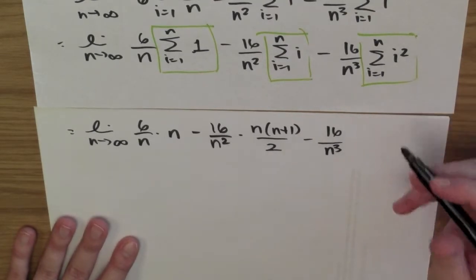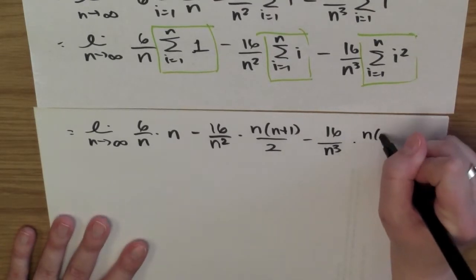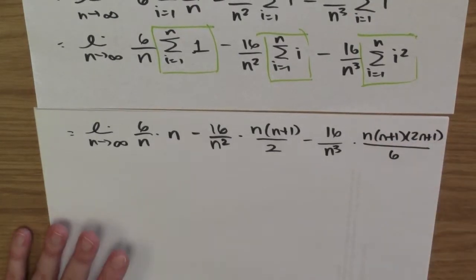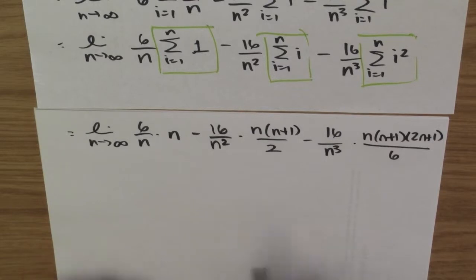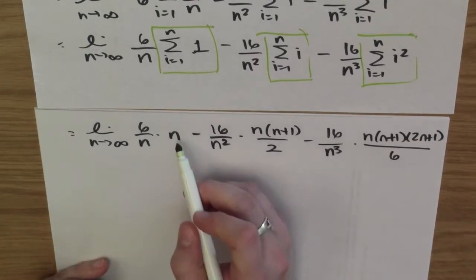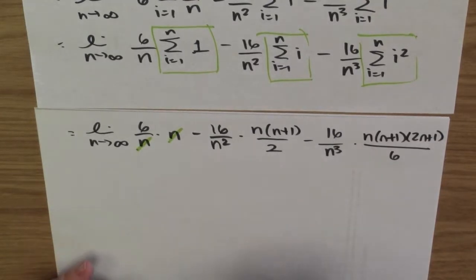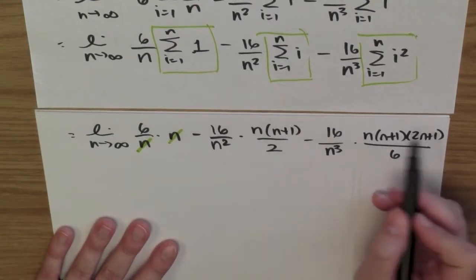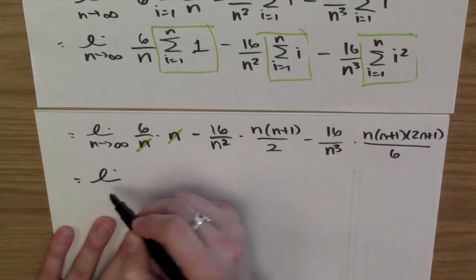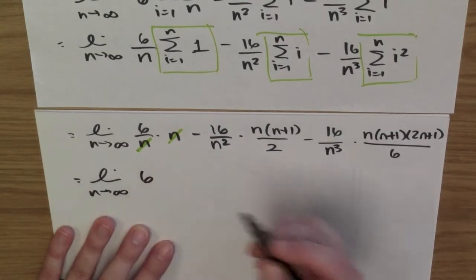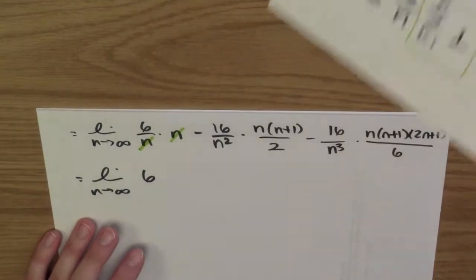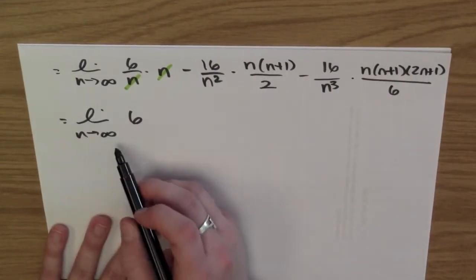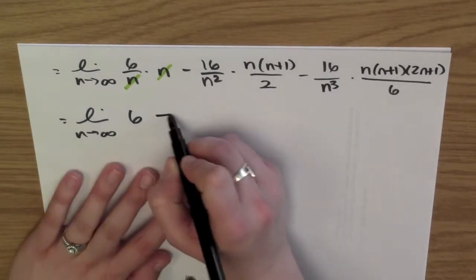And this last sum, we said, was equal to n times n plus 1 times 2n plus 1, all over 6. Okay, back to algebra again. Here I have an n in the numerator, here I have an n in the denominator, so those guys are going to cancel. Here I want to expand, and here I want to expand. I did some of the algebra earlier, so you'll have to check and make sure that you get the same thing as me. So I get the limit as n goes to infinity of 6, these n's cancel, minus